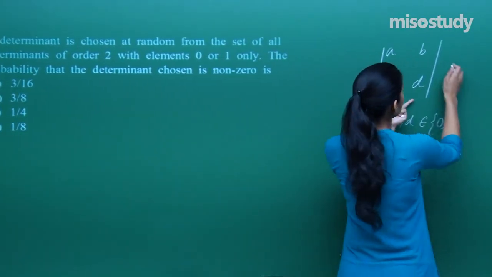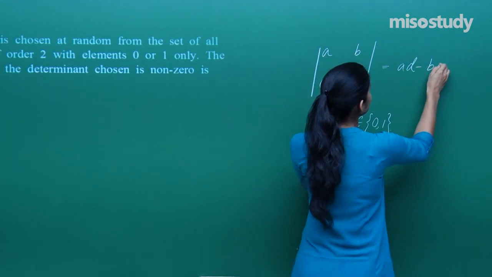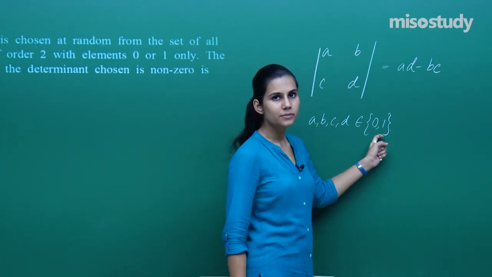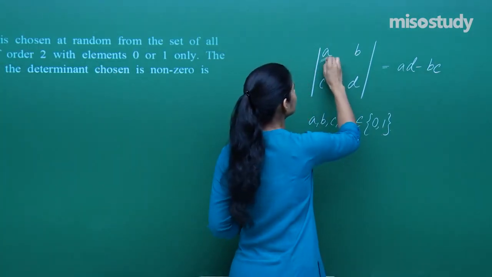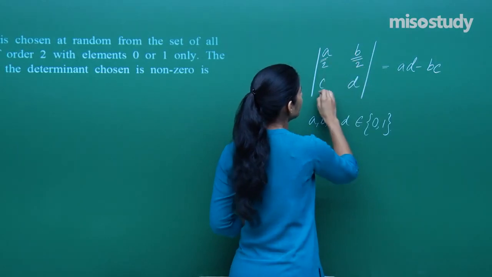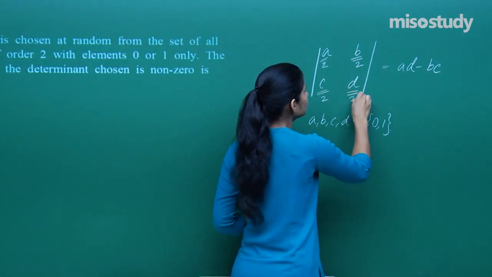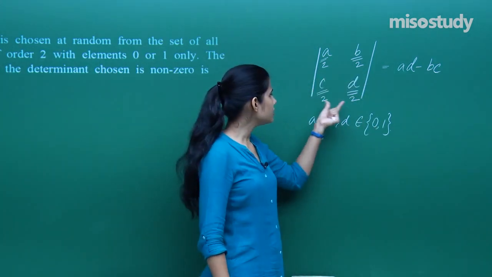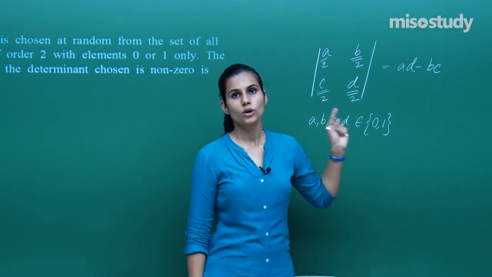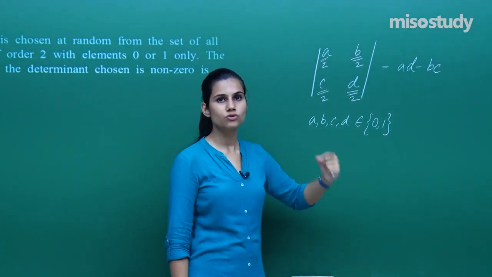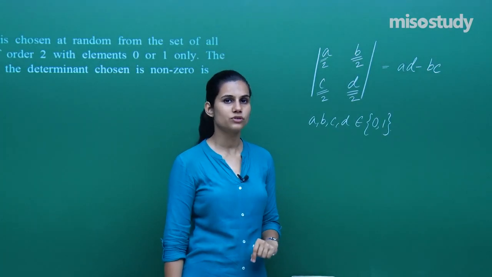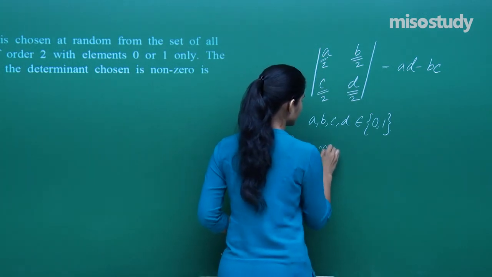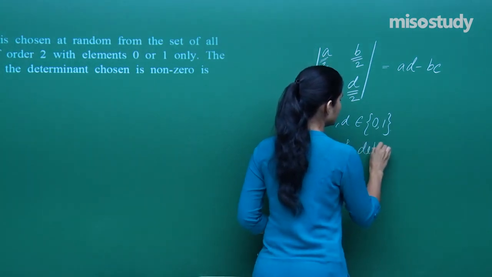So first of all, what is the value of this determinant? AD minus BC. Now over here, if A, B, C, D each is coming from this set, that means A can assume 2 values, B can assume 2 values, 0 or 1, C can assume 2 and D can assume 2. So this place can be filled in 2 ways, this in 2, this in 2, this in 2. So all these 4 places, one after the other, can be filled in 2 into 2 into 2 into 2, that is 2 to the power 4, which is 16 ways. So total number of determinants that you are going to get is 16,